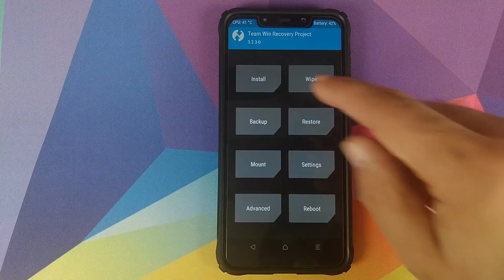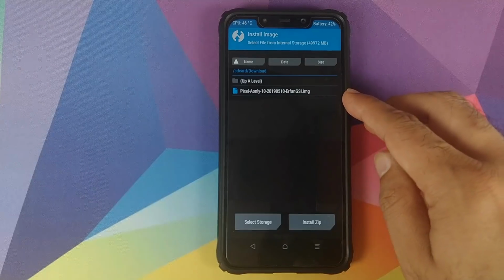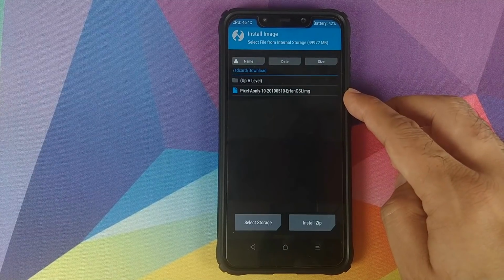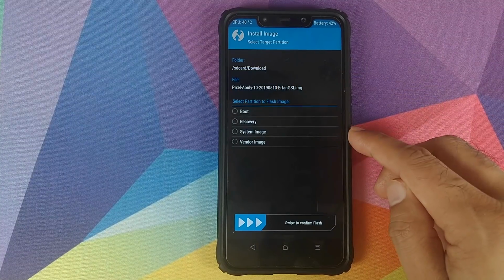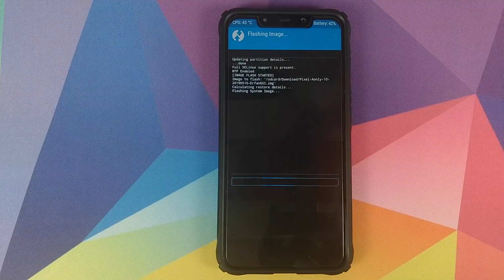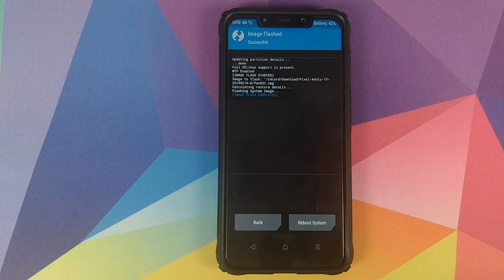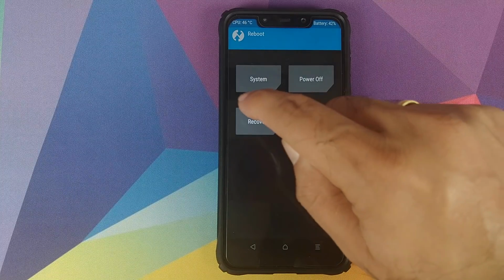Back into TWRP recovery, we will click on install and then we click on install image, and you need to select the .img file which we had extracted from the .7z file. We will select this file. On the next screen, you need to select system image and then swipe to confirm flash. Once Android Q GSI image has flashed successfully, click on the home button, click on reboot and click on recovery